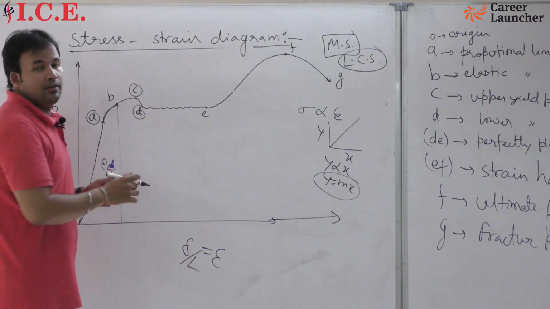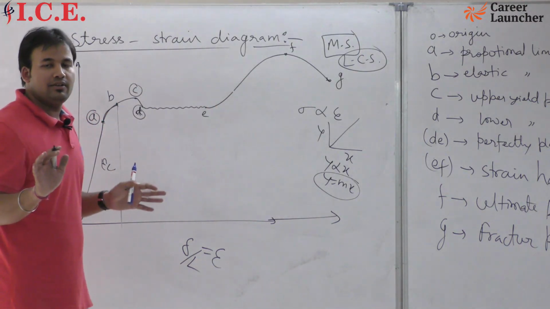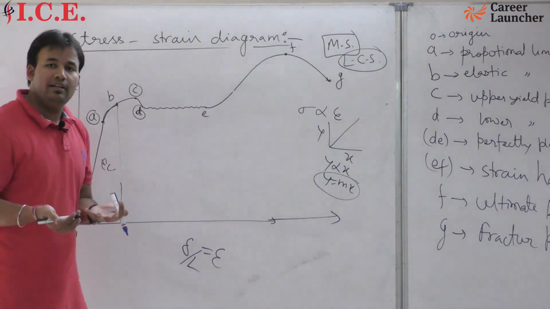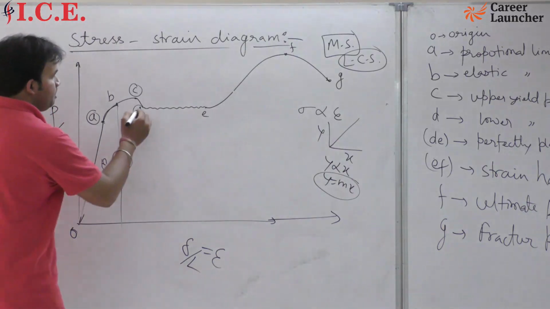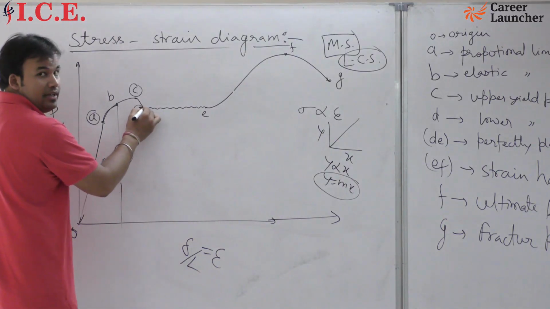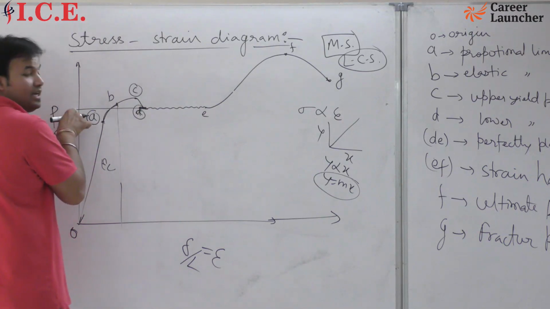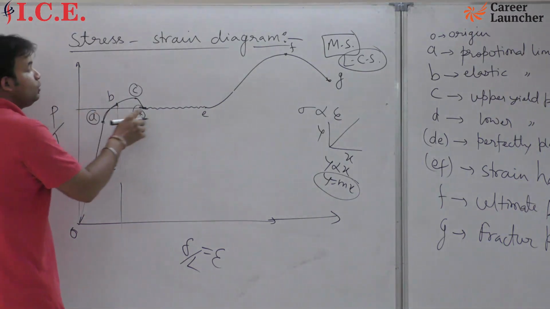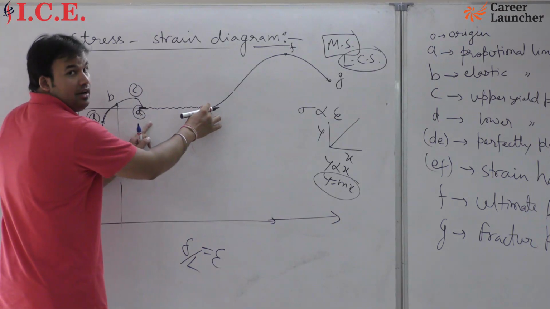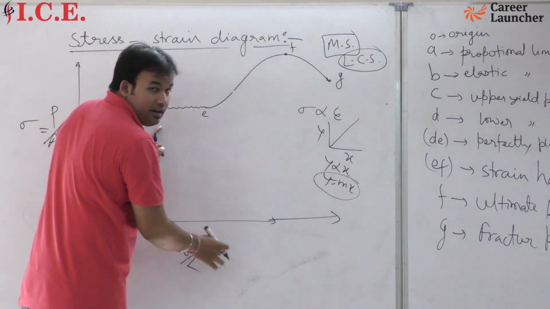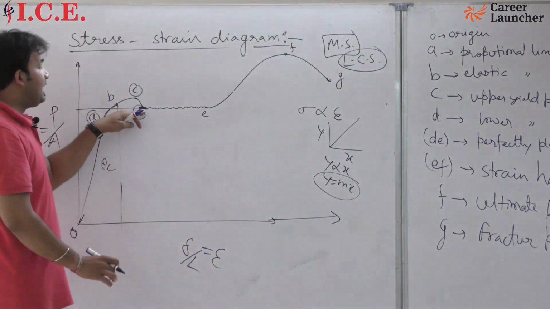But for all other materials, you will have only one yield point. What is the meaning of yield? Yield means, this is your yield point, the main yield point. Yield means at the same load or stress, you will have a permanent, an appreciable deformation or strain. That is, at the same stress